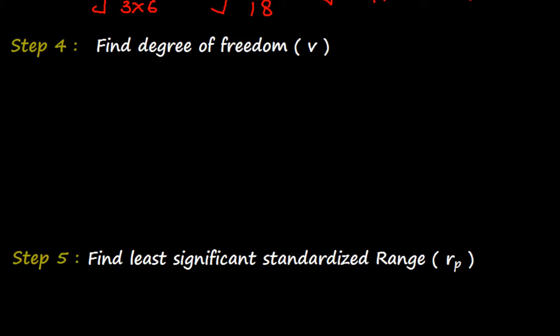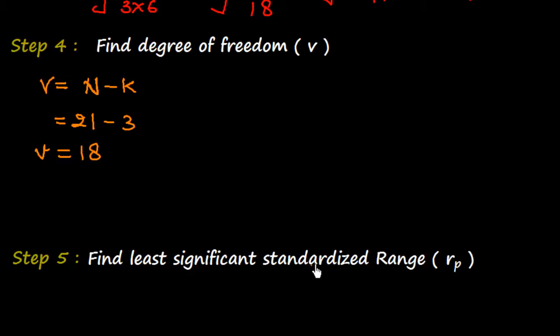Degree of freedom, which is V. So V, degree of freedom, is equal to n minus k. N is the capital N, the total number of observations, which is 21. So put down here 21, and K is the number of groups, which is 3. So we get here 18 as the degree of freedom. So this is our degree of freedom we have got here, and we have to find out the